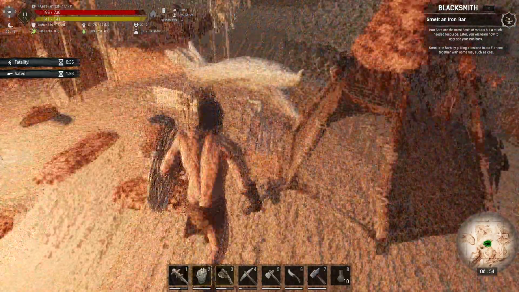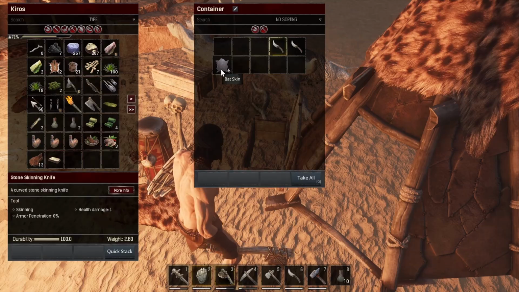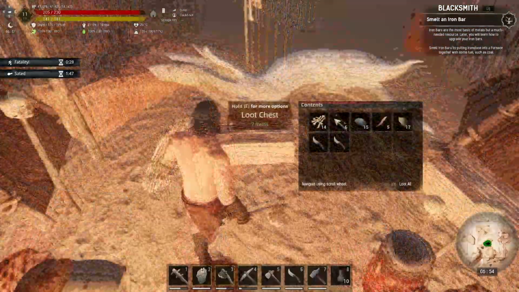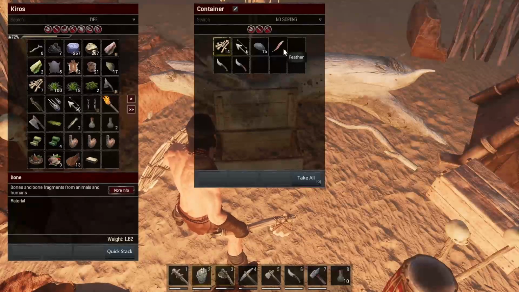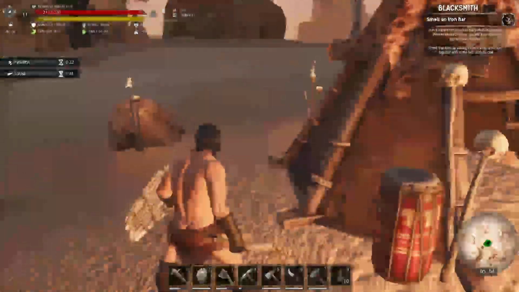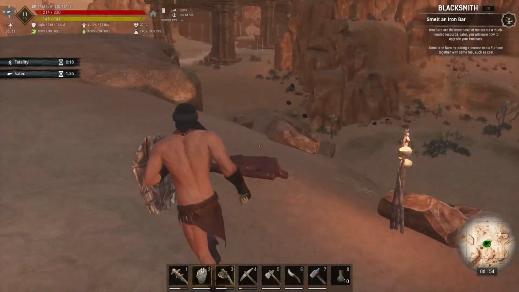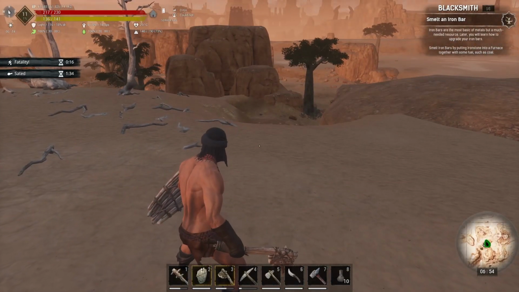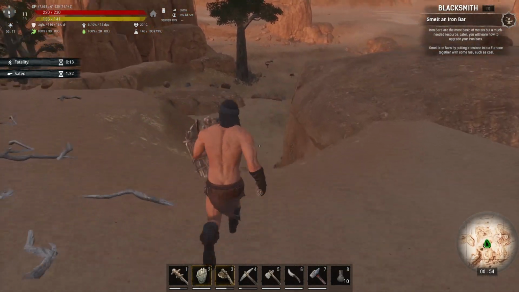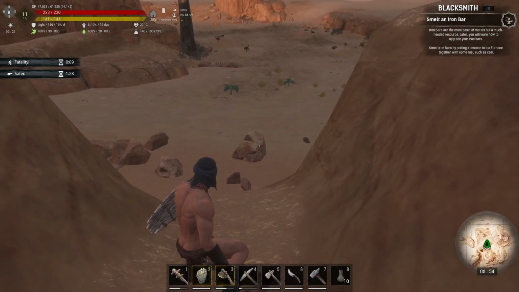Every point you put in Vitality gives you 20 points. But we want that, we want that, we want that. We'll take the arrows, even though we probably won't use them anytime soon. But yeah, nice little camp here to get some basic stuff. Now, I'm going to show you